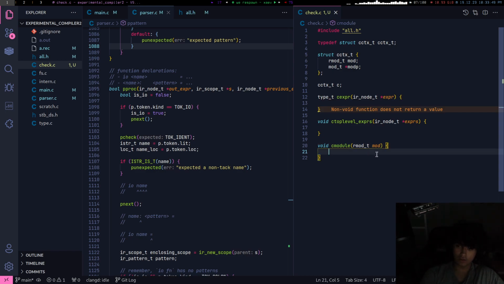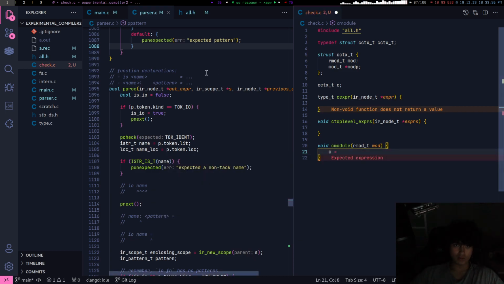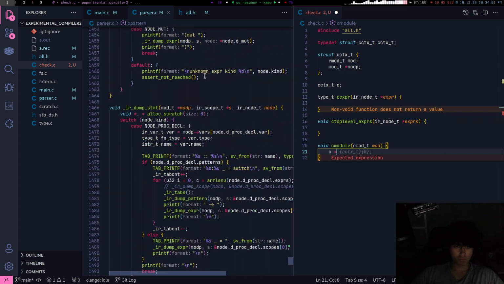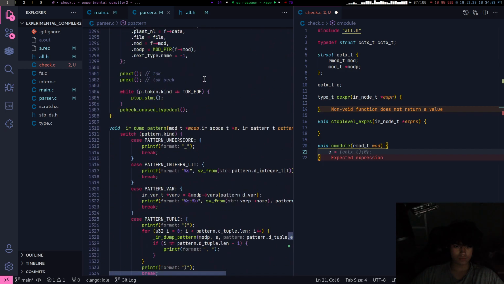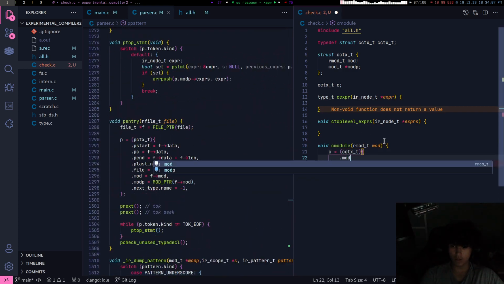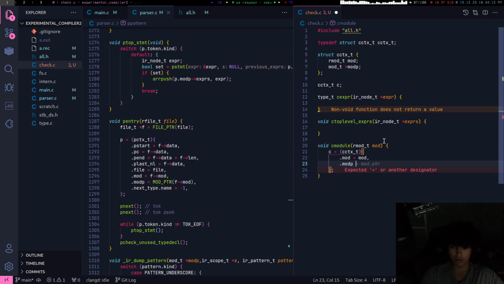So C module, and that calls this. What do I do in the parser? Okay, P equals C context, mod equals mod, Mod P equals PTR. Mod. And that's all we need. That's basically all the context we need.